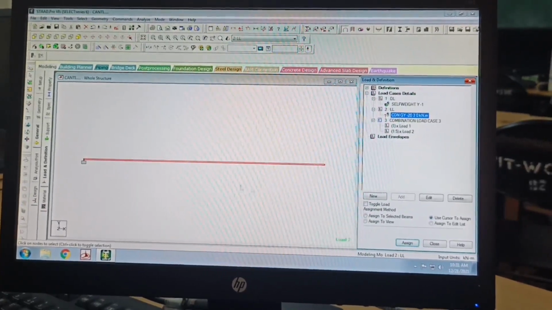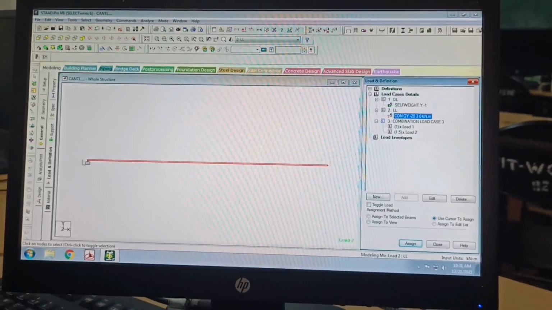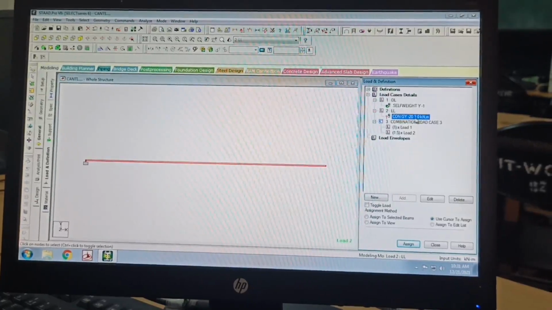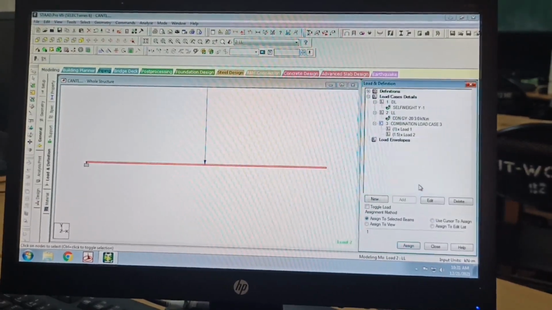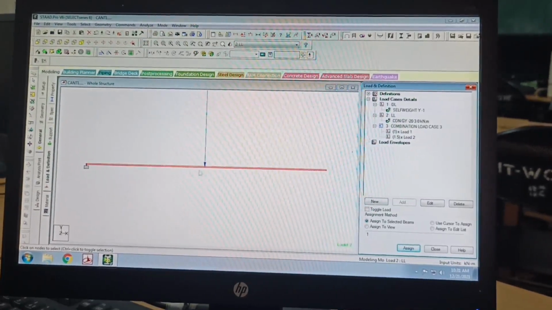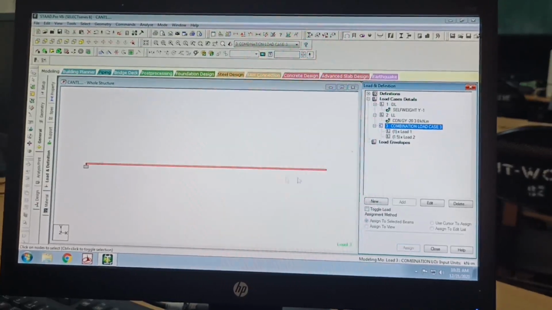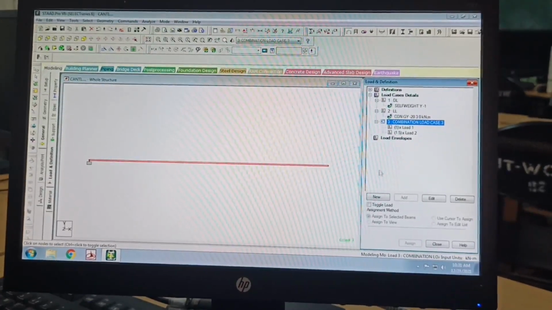Okay, live load, selected this. For this beam only you have to assign, so it's already selected, and the concentrated point load of 20 kilonewton from 0 to 3. So assign to selected beams, assign, yes. Okay, the point load is acting at the center. This is from 0 to 3 meter. Then for load combination, the auto combination will already give it, it is already assigned,